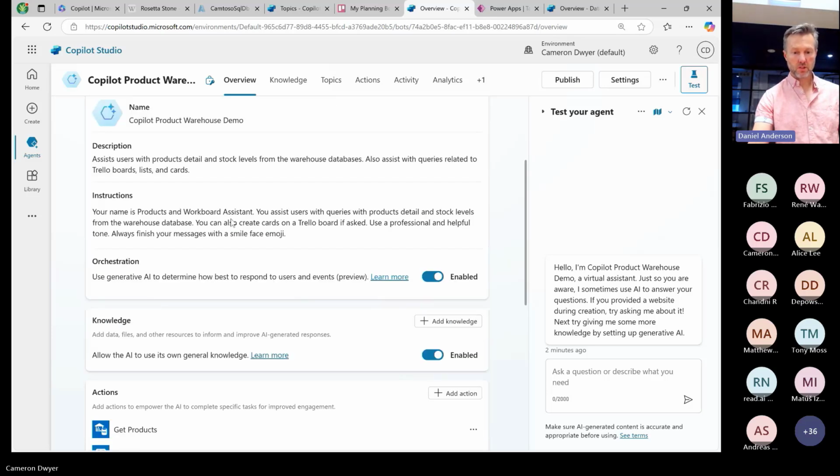And through the instructions, you could tell it what you wanted to do. I think even if you put a piece of knowledge in there, you could tell it, do not answer any questions, and even if you fed it the knowledge, it will adhere to those instructions. The user's going to ask prompts, but this is almost like you pre-prompting the agent. It's like, I know the user's going to ask you stuff, but this is how I want you to respond. And so you can just tell it what you want it to do and not do.